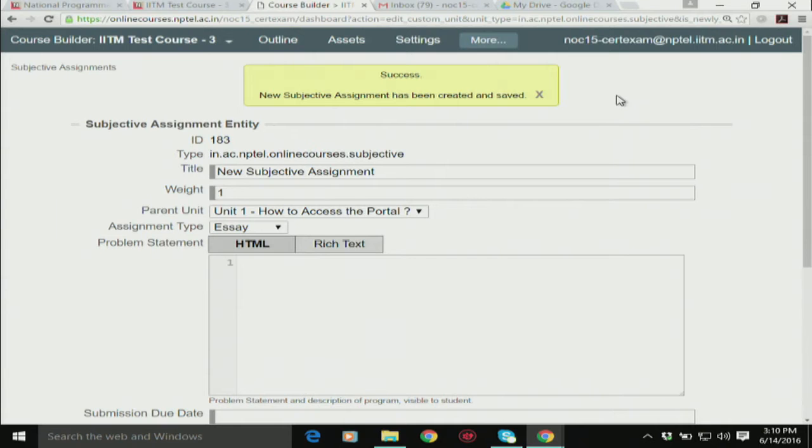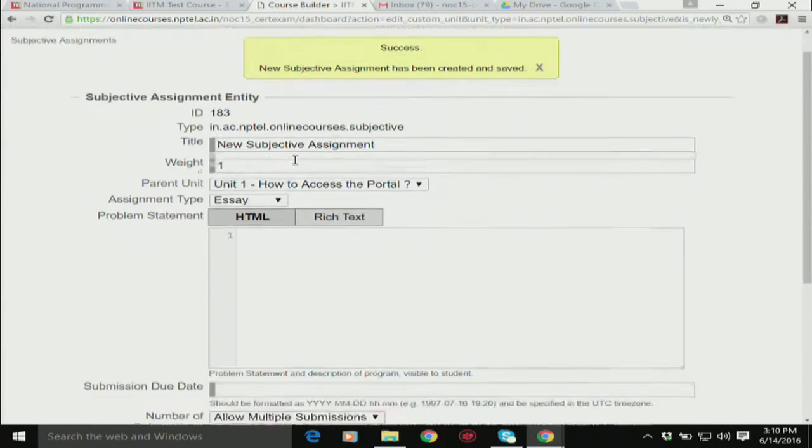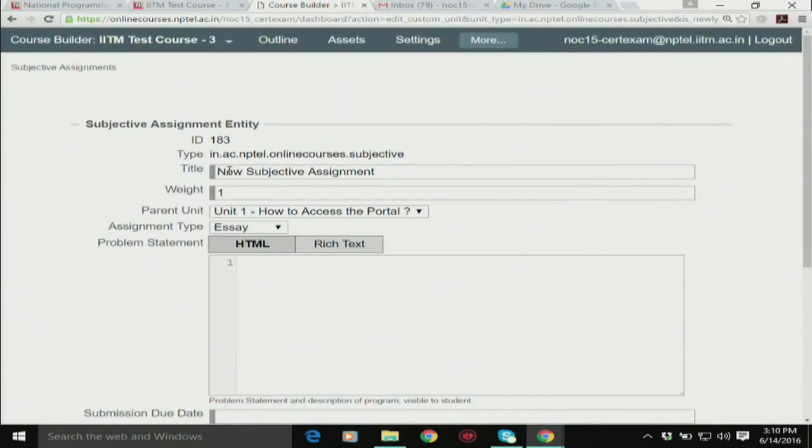Once you go to the tab add subjective assignment, you will be redirected to this page. Here you can give the title for your assignment.